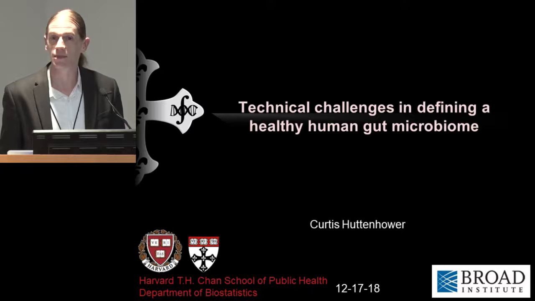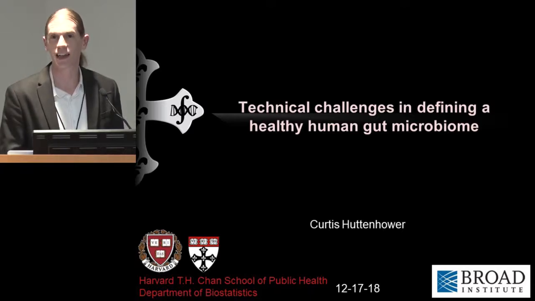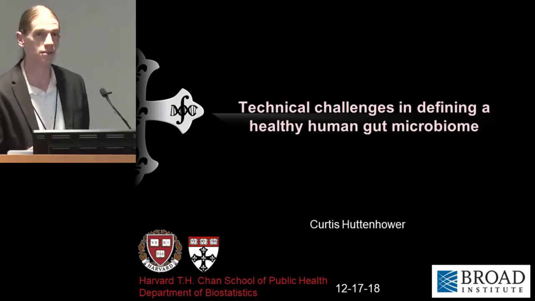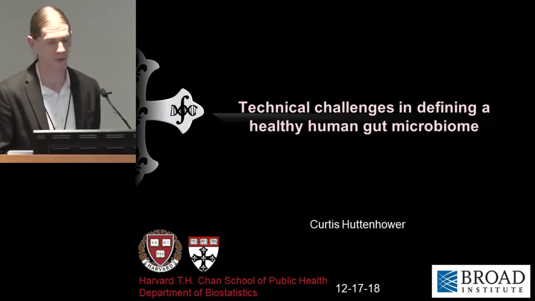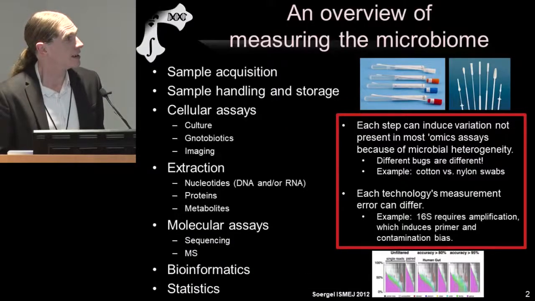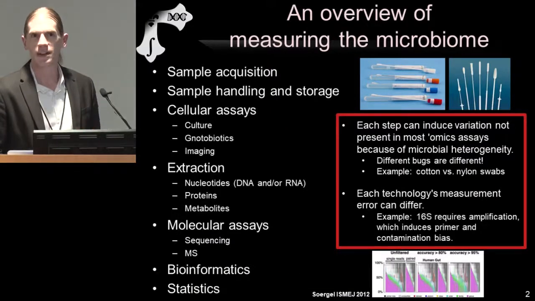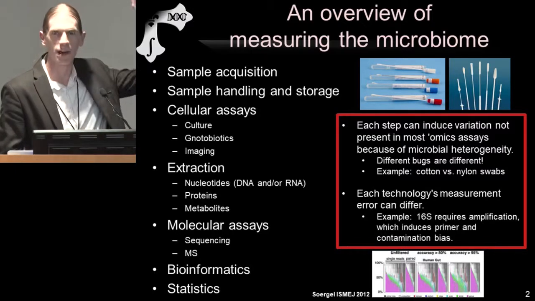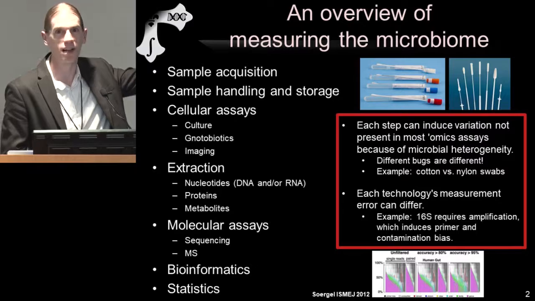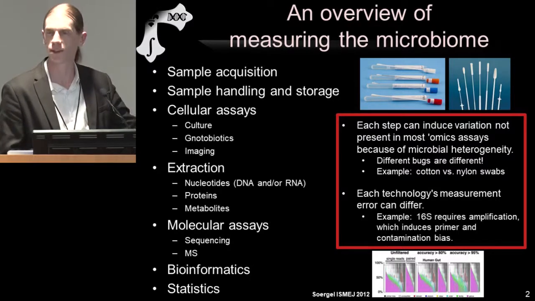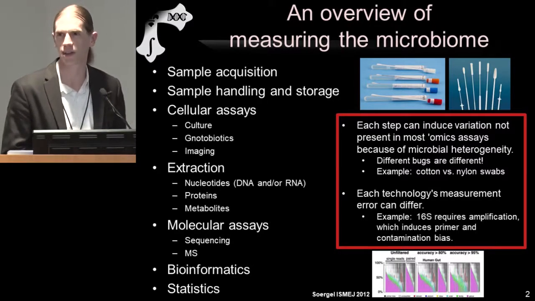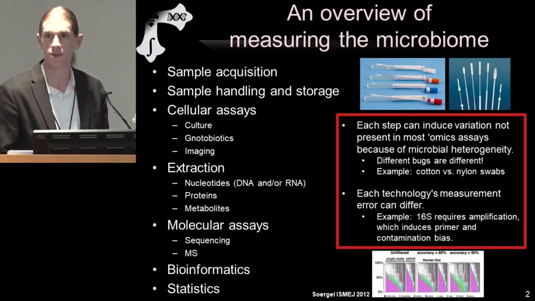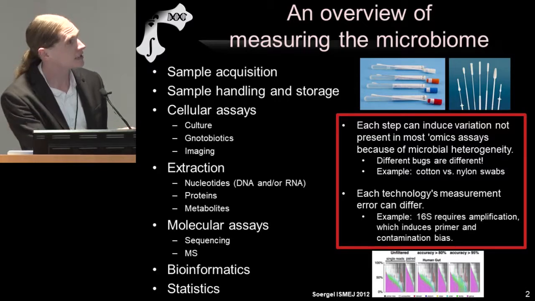And like I mentioned at the beginning, I'll talk a little bit in the second half about technical challenges now around defining a healthy microbiome and measuring the microbiome in general. So to start with, a quick, very basic rundown of more or less the modules that lead from a biological microbial community in the wild down through having features of the microbiome that we can put into a definition of healthy. I would list these as sample acquisition, how do you get bugs in the first place,